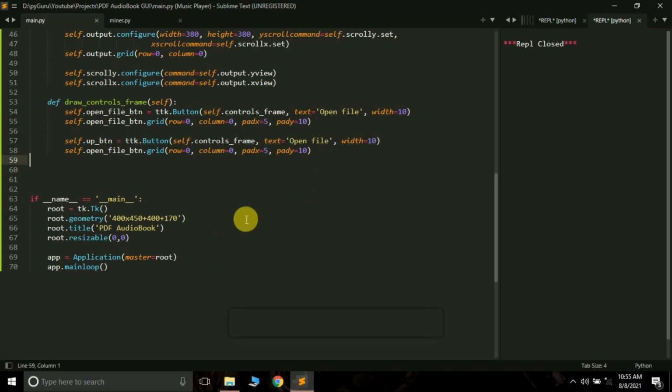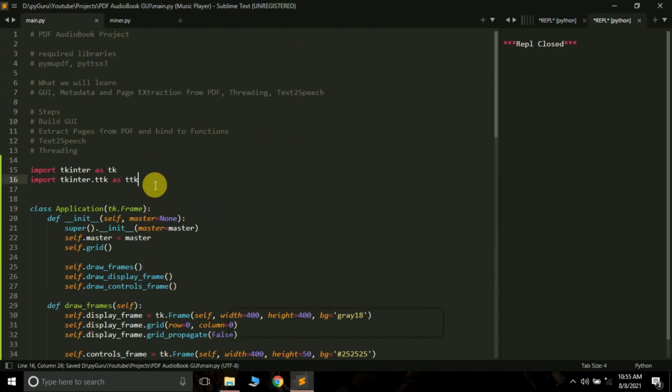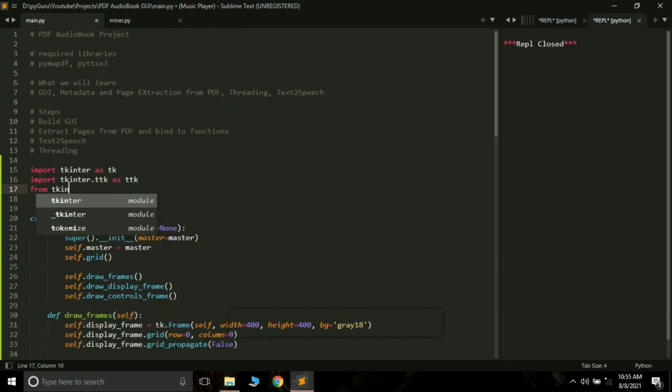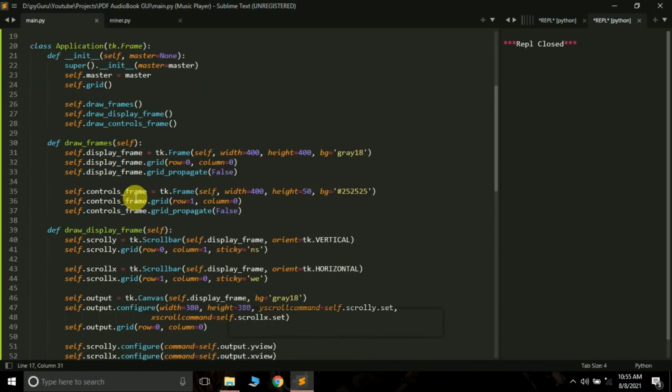Just leave it. Before using this, you have to load the image. For displaying the image, we need one more class which can be imported as from tkinter import PhotoImage. As I said, I'll be importing classes as per the need, so currently we need PhotoImage.